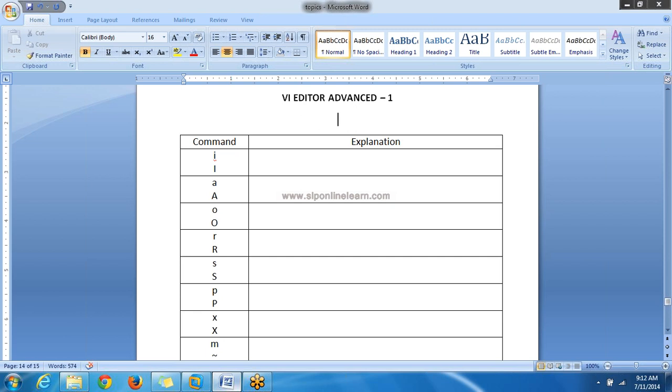The example is find and replace. It will search the whole file at a time and replace.